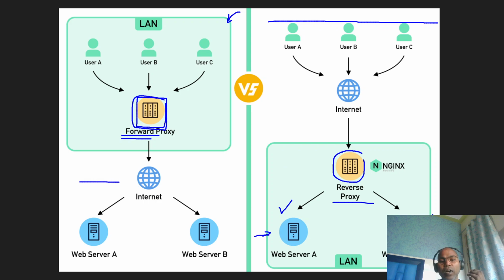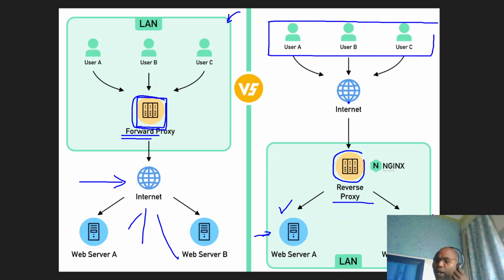In forward proxies, limited requests go to the internet, and once requests go to the internet, you can access any server, any resources, any website across the internet. But in the case of a reverse proxy, all the users who can access the internet are going to access my server, but my server is not directly accessible to the customer. The proxy decides, hey, this is the right request for my web server. Maybe if unnecessary requests come, they just revert it back.